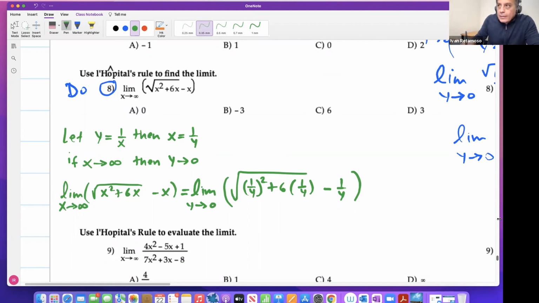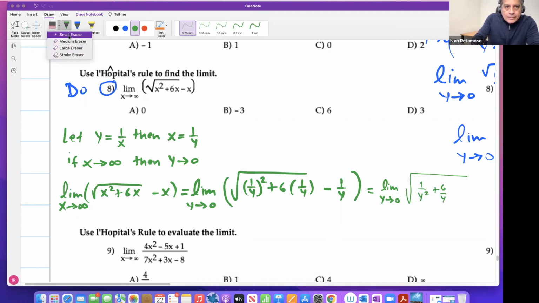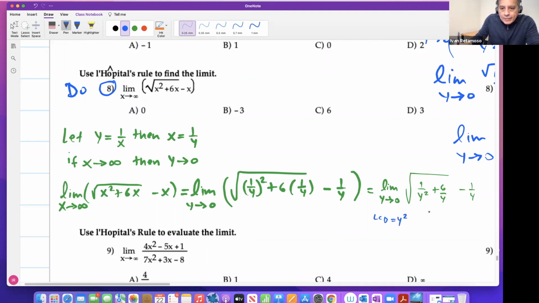Yeah, let's do it together so I can show you number 12, which is going to be the last one. Doing the algebra here, this will become the limit as y approaches 0 of the following: 1 over y squared plus 6 over y, minus 1 over y. But this sum, once you realize that the LCD is y squared, multiplying this by y, multiplying this by y,